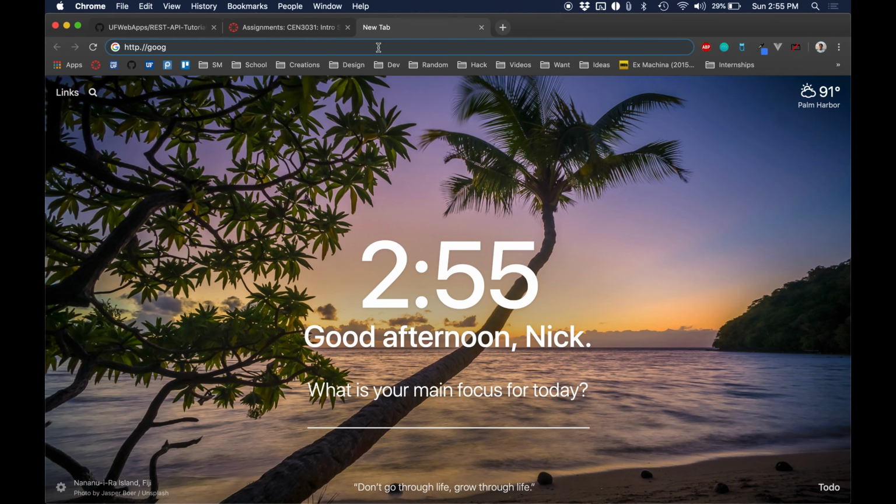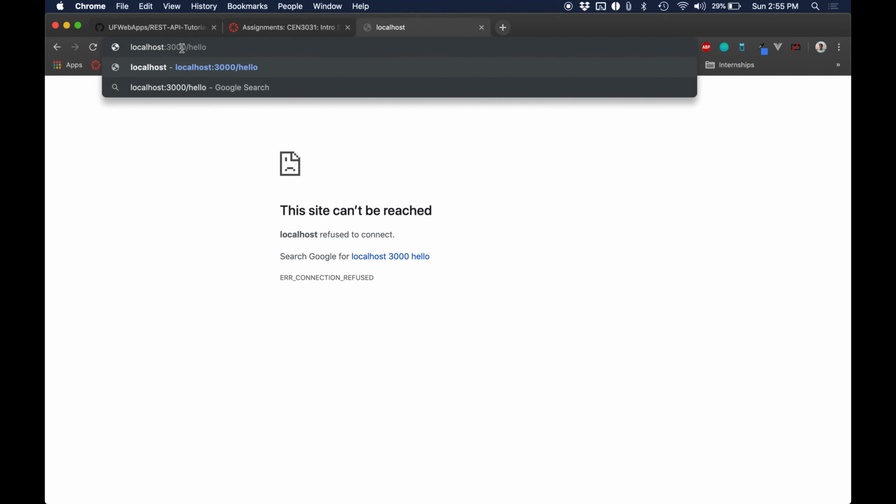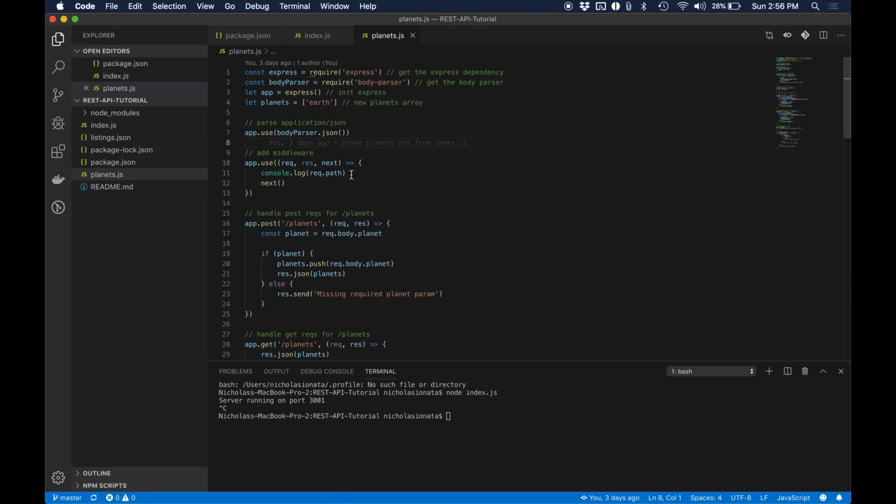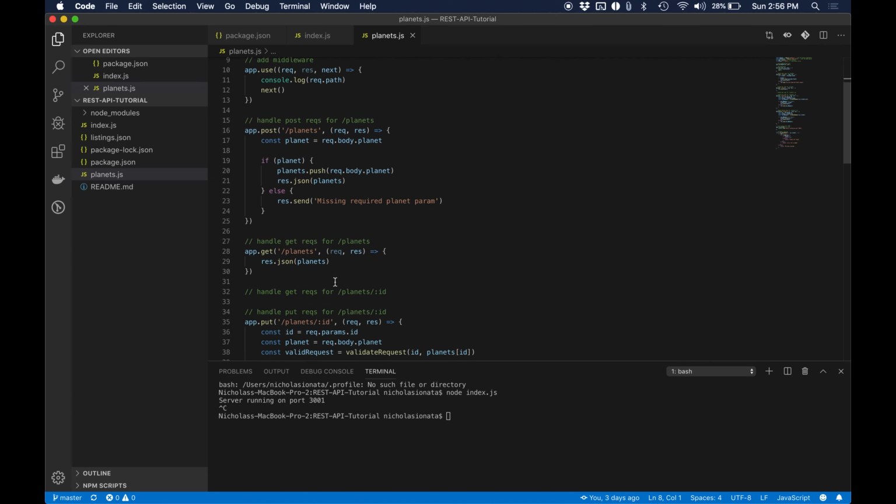Okay, so localhost 3001. You see we have world. So to take this example a little bit further, I went ahead and created a planets.js. And so this is a server, but this time I've implemented the different methods that I talked about: post, get,